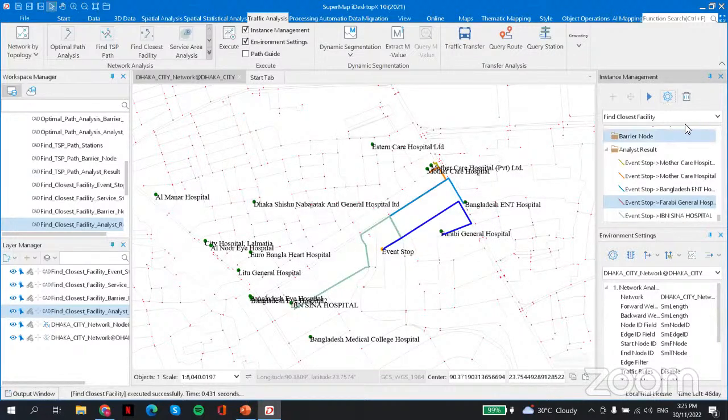Okay, so before I forget, this is how we can do the closest facility analysis by using SuperMap Desktop, where you can add the stop to any place that you want.